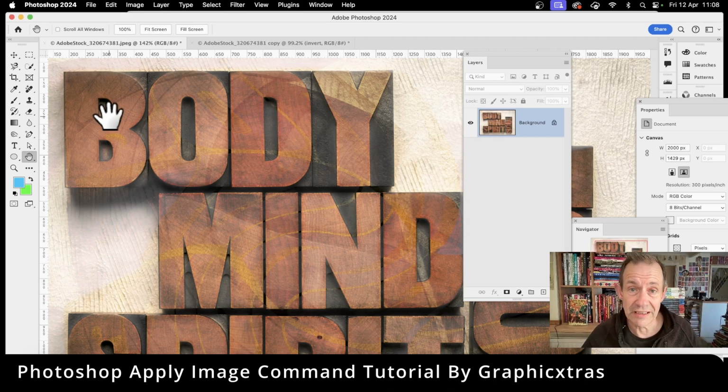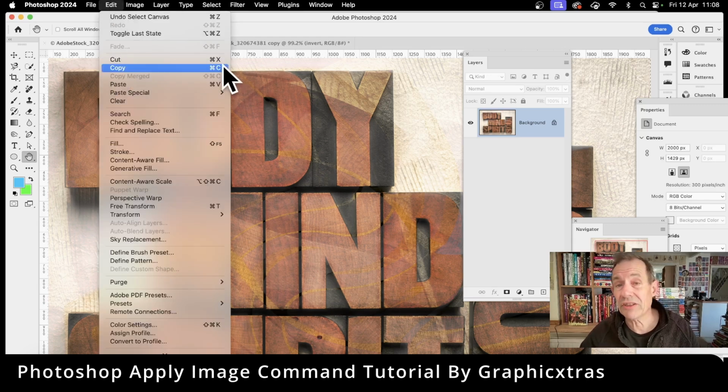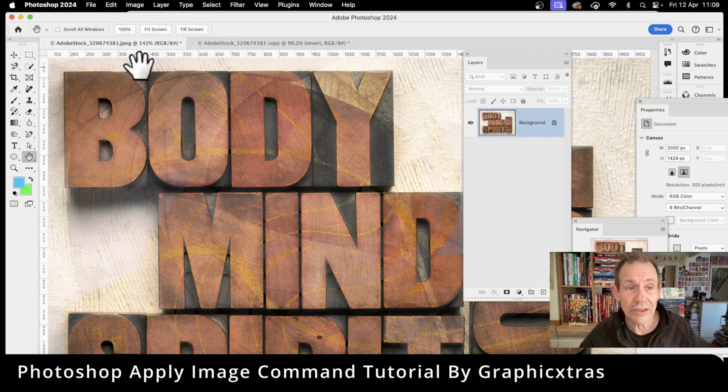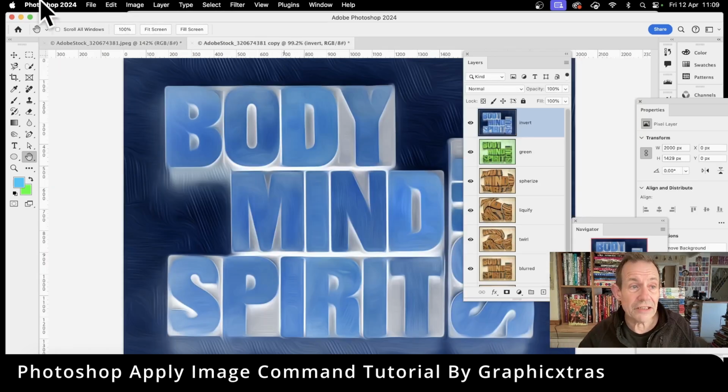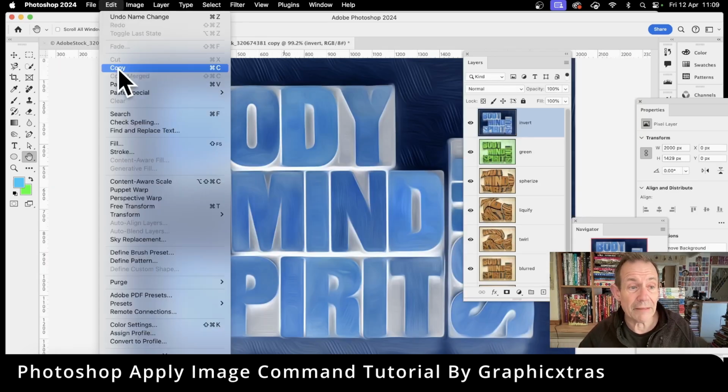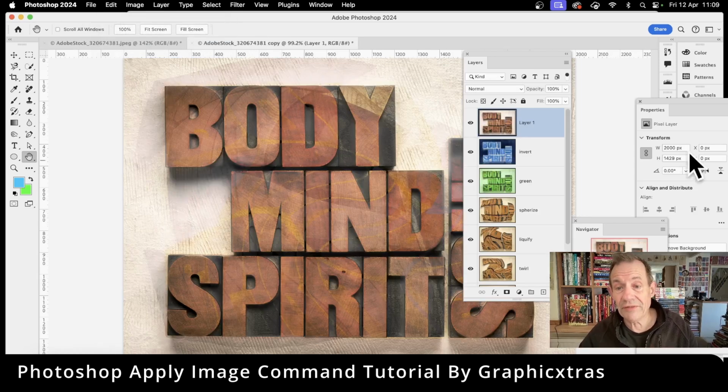Now, once you've actually got something, you might think, well, actually, I really like that, but I want to use that in combination. So go to select all. So you've selected it all, this obviously this current image, and then edit and copy, or obviously the shortcut, even quicker. Once you've done that, then go here, and then you can paste this in. So edit and paste. So it's pasted in, and you've now got that effect added into your long list of layers. And you might say, just call that apply image 1. So you can just rename it,